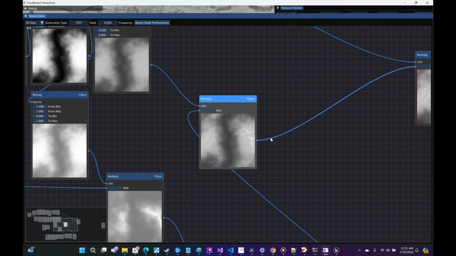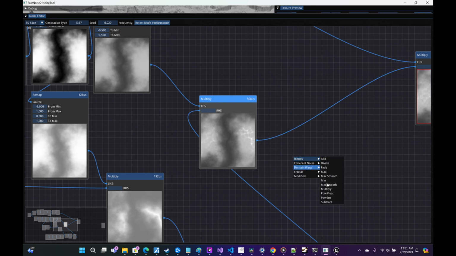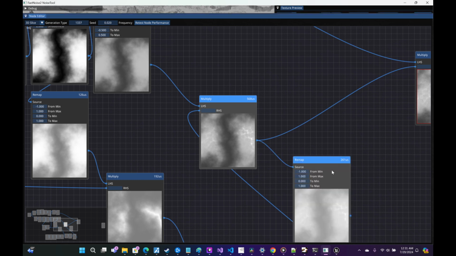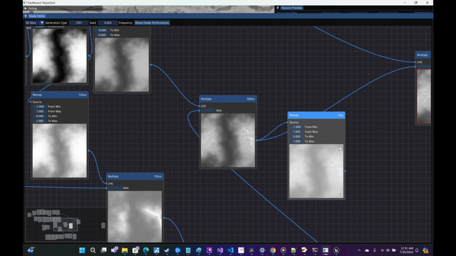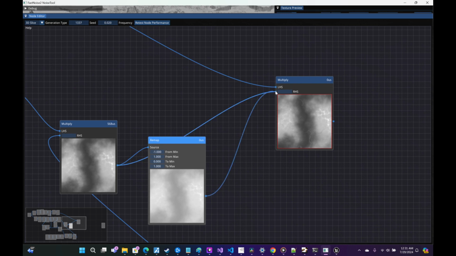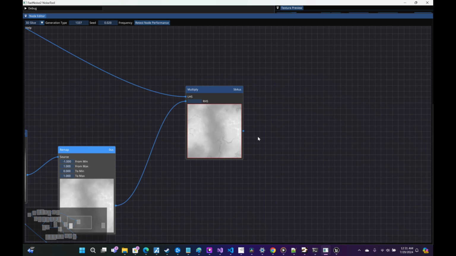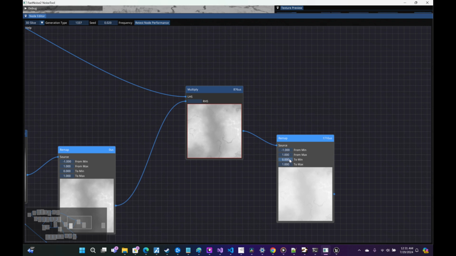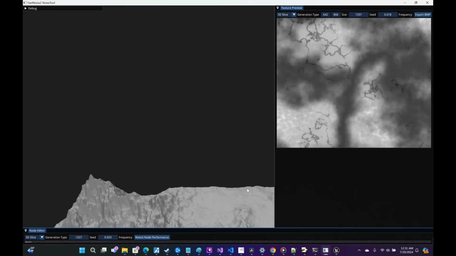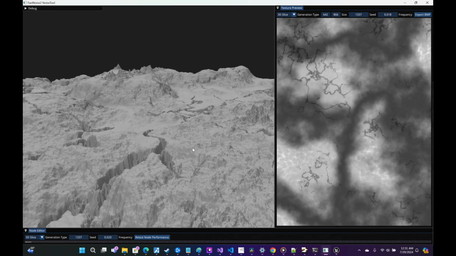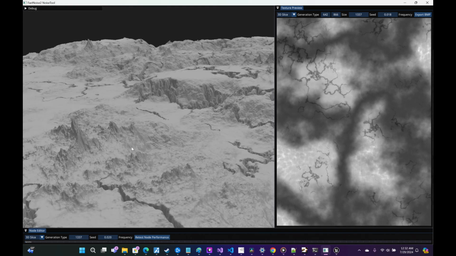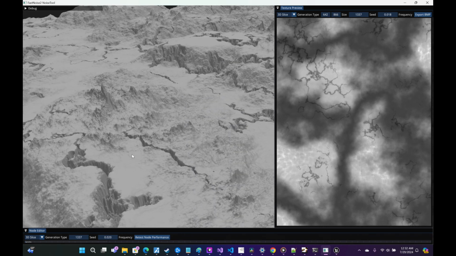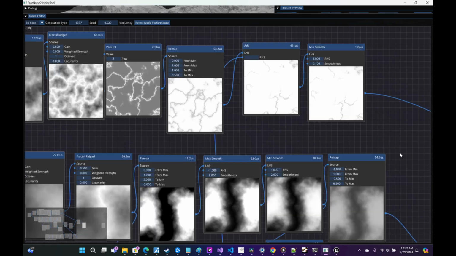This should still be in our acceptable range, so we're going to do another remap to take it from negative to positive domain only. And then we'll multiply that, and then we'll do one more remap to bring that back into the negative and positive domain range. Now we have control of